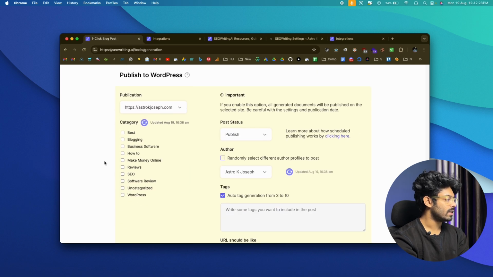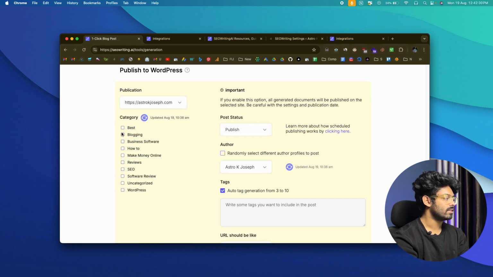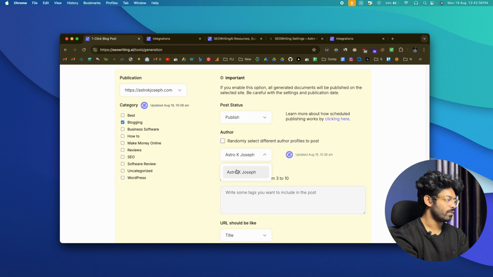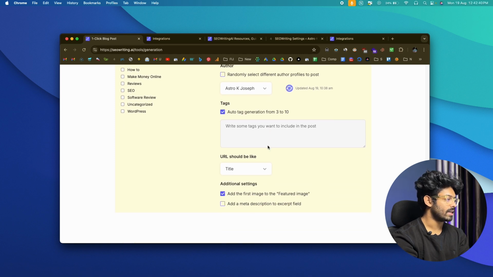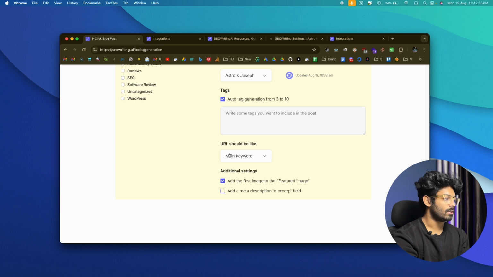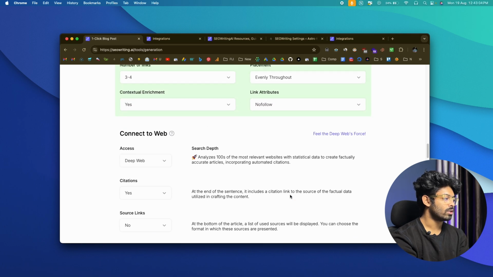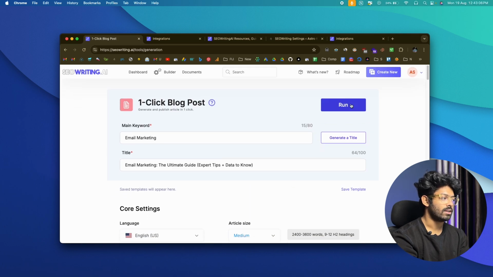And first you want to select a category to which you want to tag this particular post. For now I'll just select blogging, and the post status, for now I'll set it to publish. And the author, you can select for which author you want that article to be tagged as. You can also add optional tags as well. I'll keep the main keyword as the permalink, and I'll set the first image as the featured image and add a meta description to the excerpt field as well. And now once done, I'll just go to the top and click on this option that says run